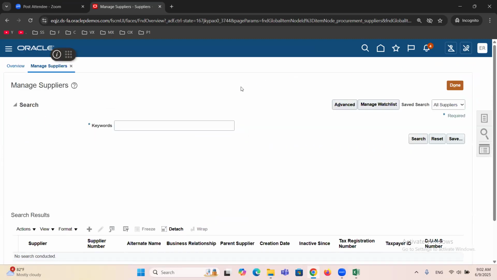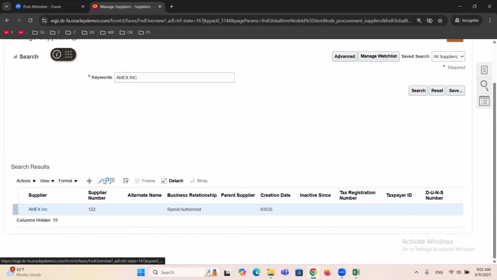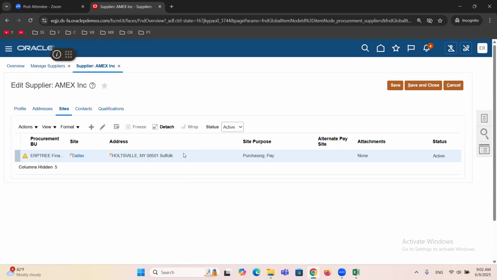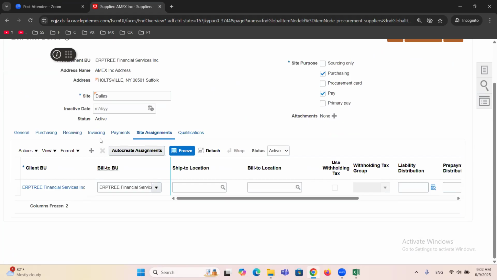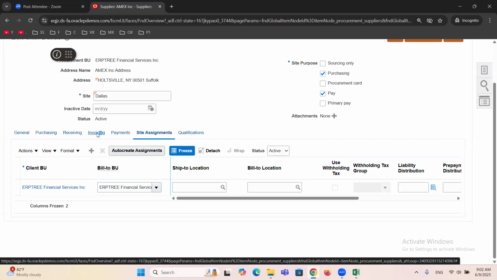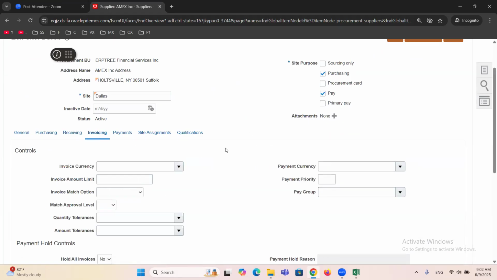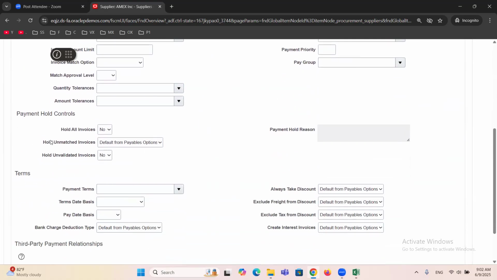Go to manage suppliers. Here, search for our supplier Amex Inc. Click on edit. Just go to site, click on edit. Go to invoicing tab. Scroll a little down. Here you have